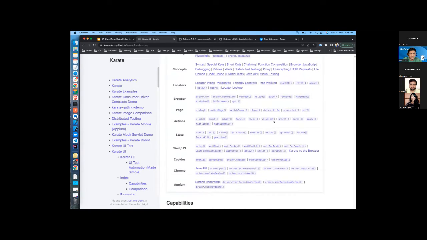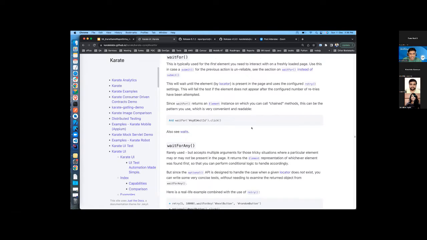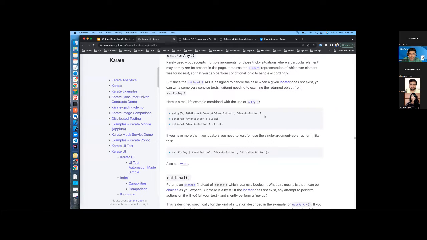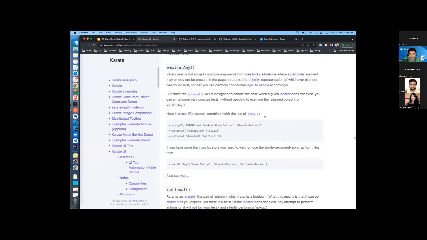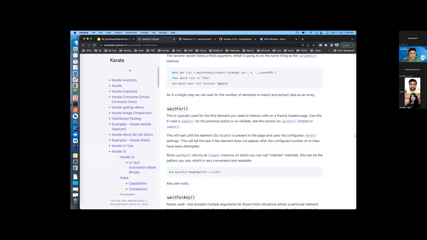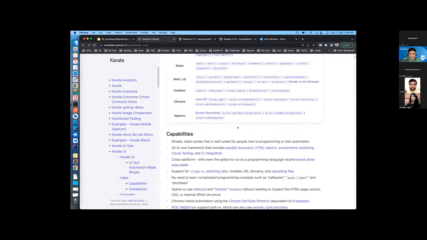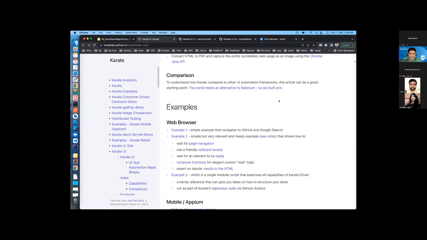It is very descriptive. As promised, these are the waits. If you go to any of these links, you will see there are descriptive waits which are very easy to configure, and we will be seeing that in one of the hands-on examples. Rajni will be showing that for everyone. And just to quickly go back to the index, there is a very quick handy example.